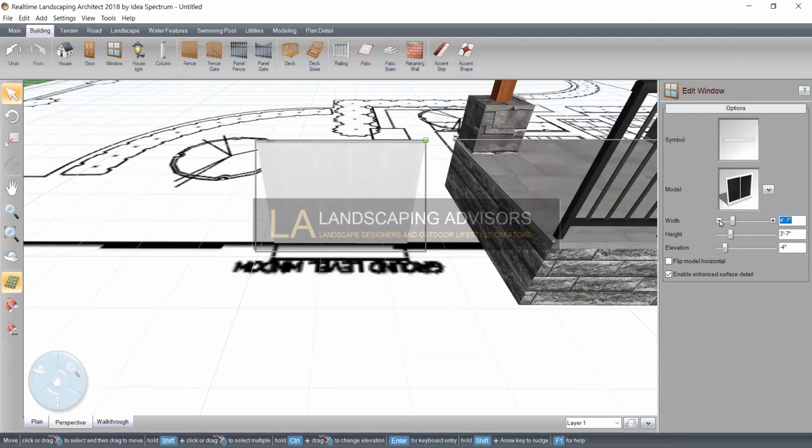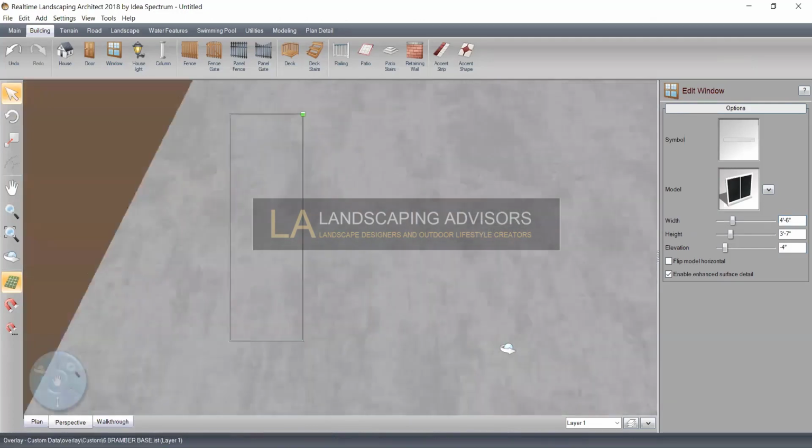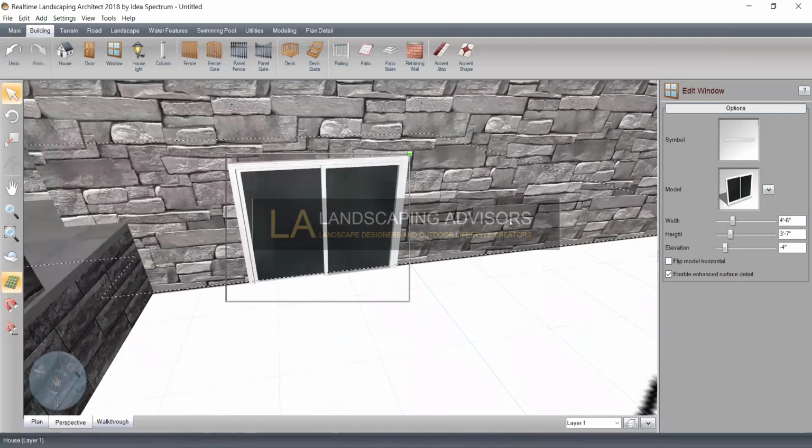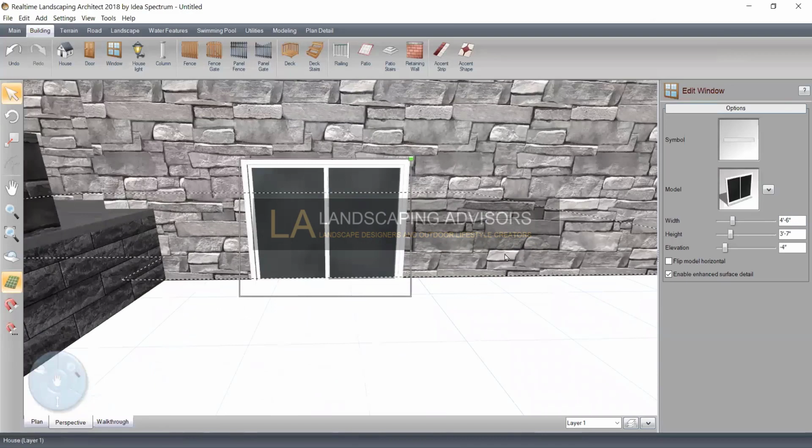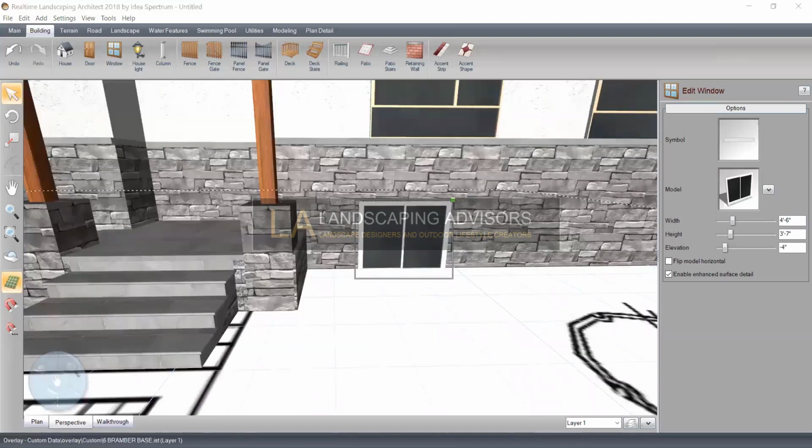There we go. So we got a ground level window there. Looking at the picture, that's way too high. So I'm going to